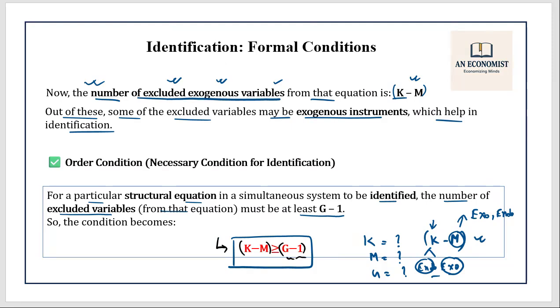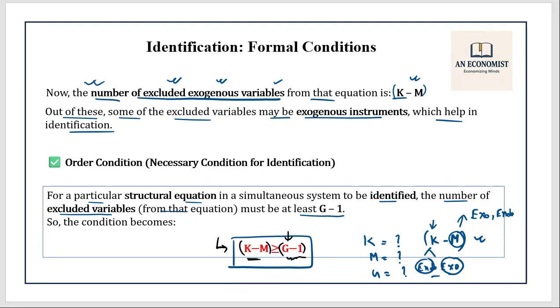Now, why this g minus 1? I have told you g is the total number of endogenous variables. So in order to identify an equation, you need to have a sufficient number of excluded exogenous variables. Suppose G is 3. So if you have 3 endogenous variables, then you at least need two,